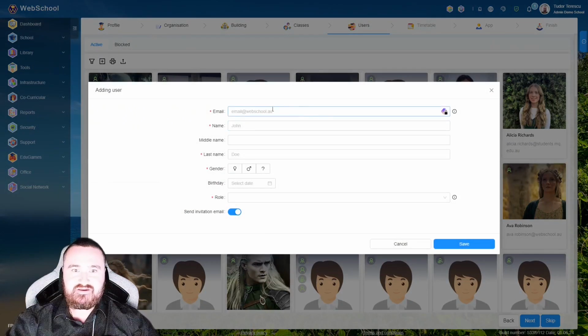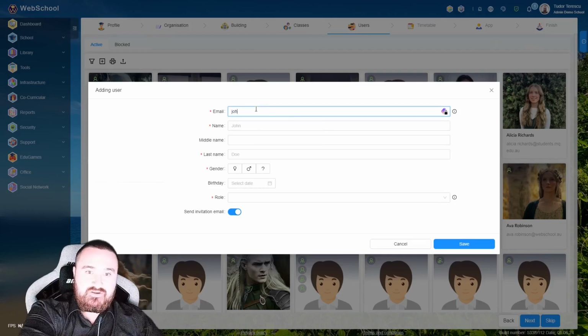As you can see here, we have the email field, so this is where you put in an email so that the student can be emailed. You will have here name, so this is just first name, last name as before. You will have the gender, you will have the birthday, and you will have the role. Now the role is the key part of this. So as we put temporary data, so we have